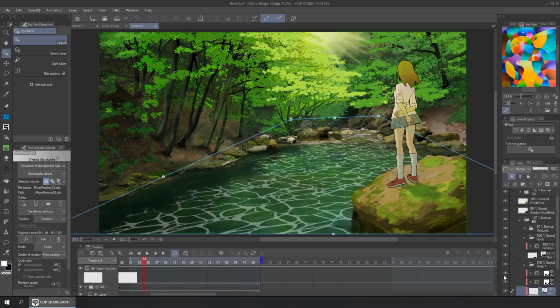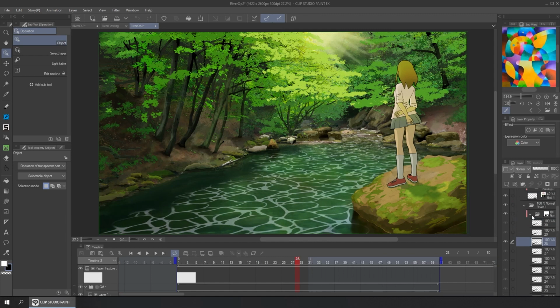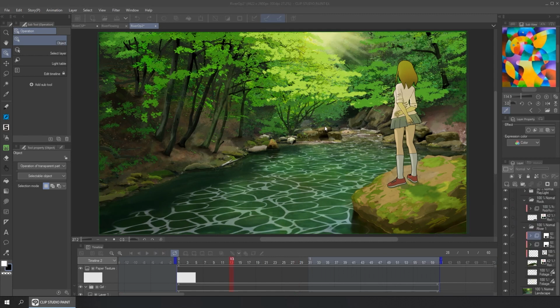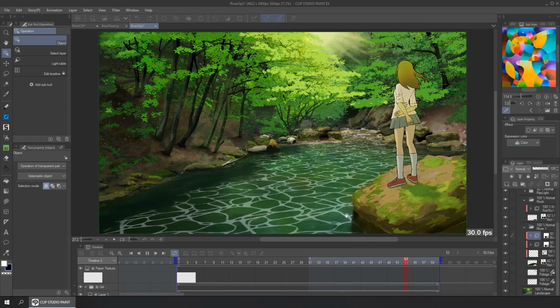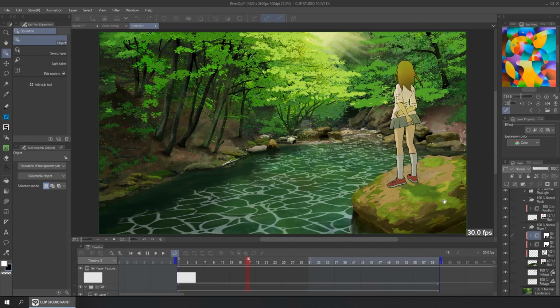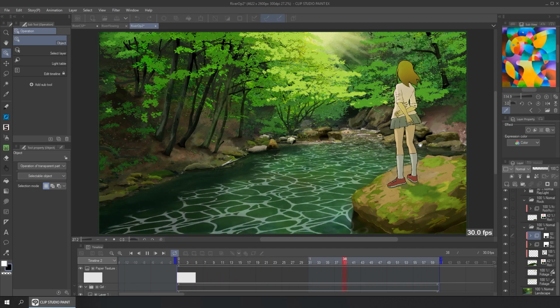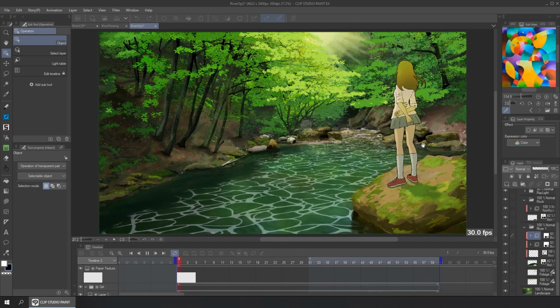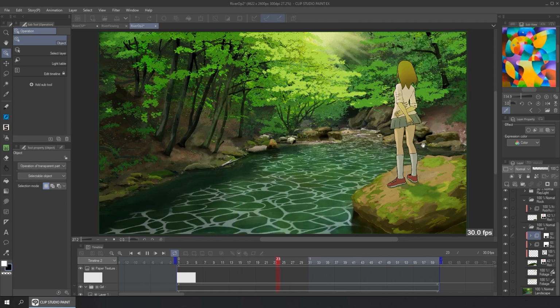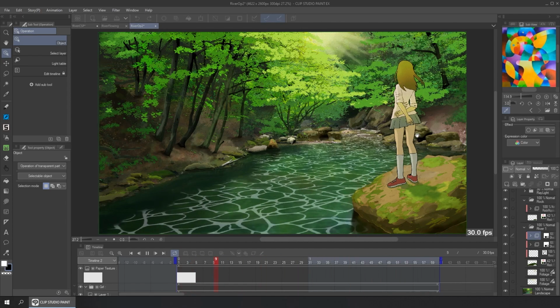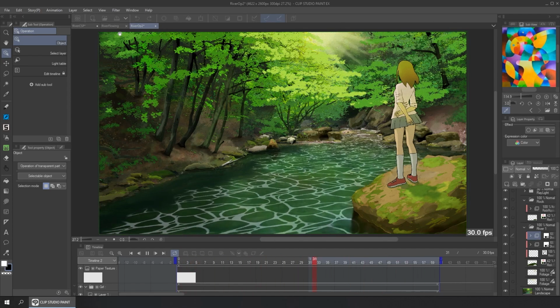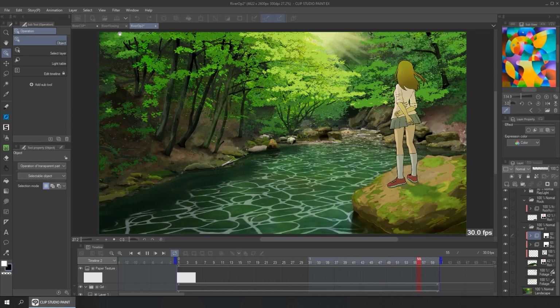And I create these shadows moving in the borders of the water. And that's it. It's not too hard, and it's quite fast. I think this can be useful, especially, as I said, for establishing shots, because you need to show how the environment is, and it needs to be like 2 seconds of animation, and you can do this animation in maybe less than a day, depending on how fast you can draw a background. And I hope this is something you find interesting, and if you can use it, it's amazing.